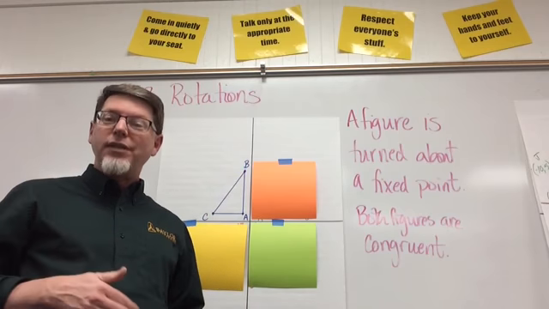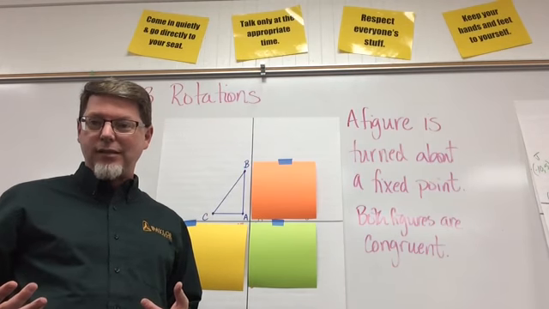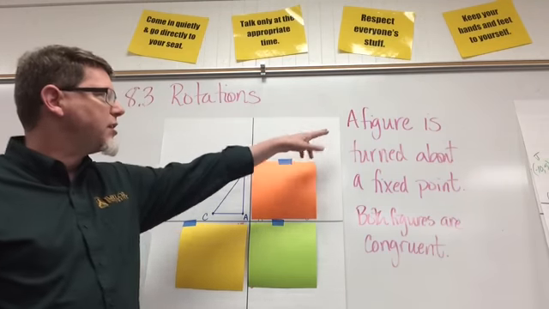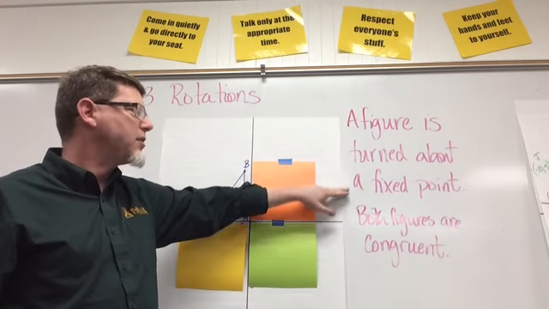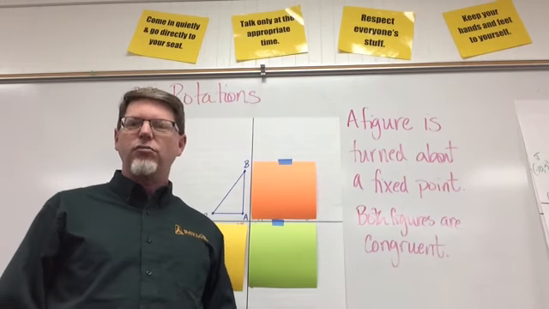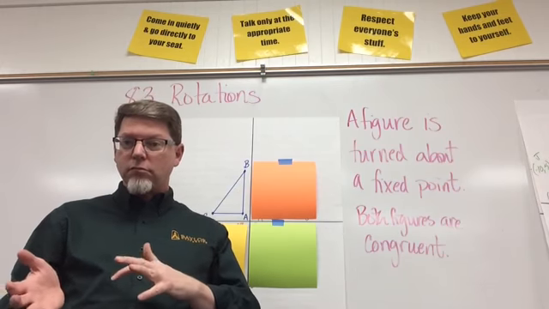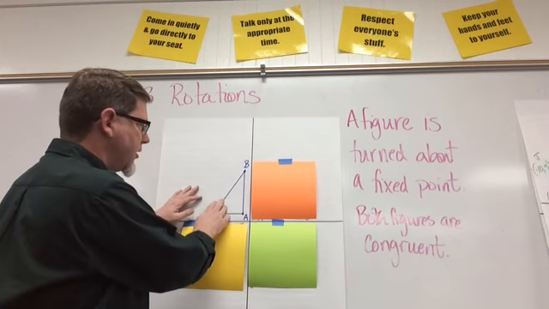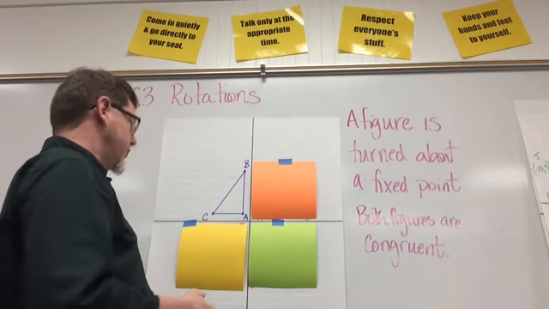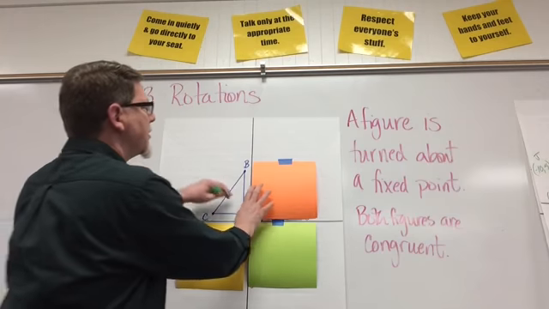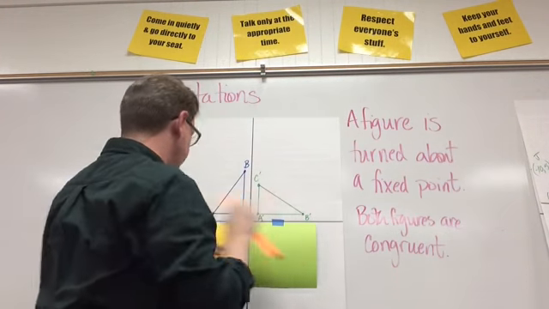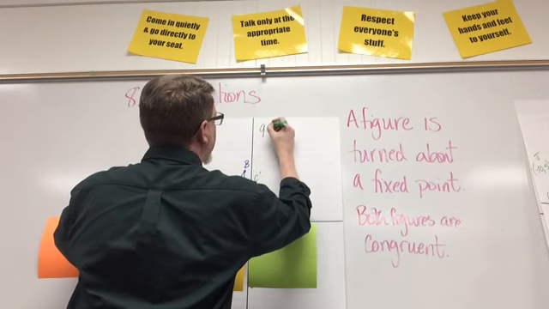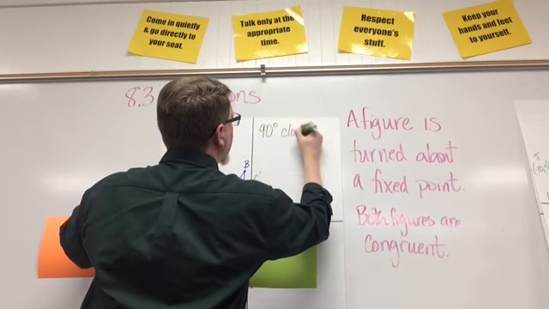What I'm going to do now is rotate this triangle lots of different ways so that you can see what a rotation looks like. Now, the definition of a rotation is that a figure is turned about a fixed point, and both figures are congruent. They're turned, but they're still congruent, okay? So right here is my original figure, and it's in blue. Next, I'm going to look at this green figure that is rotated 90 degrees clockwise,